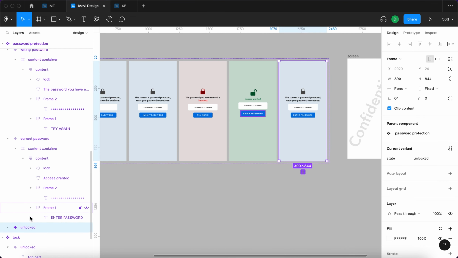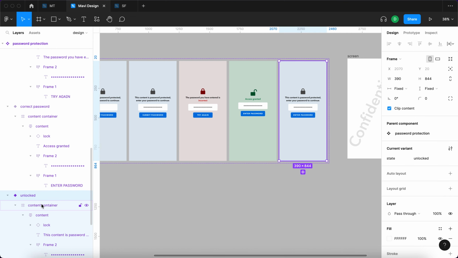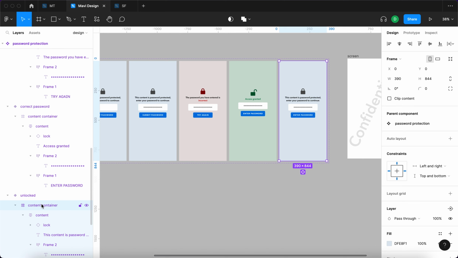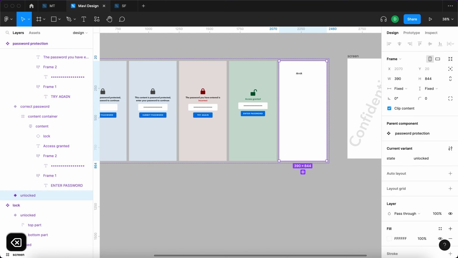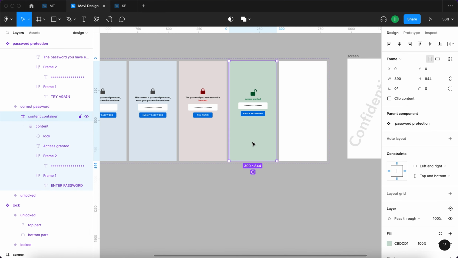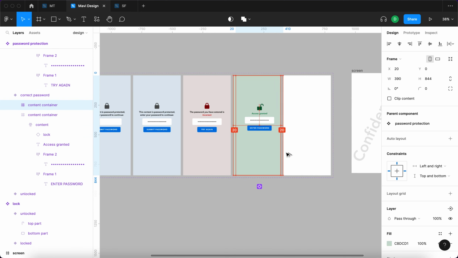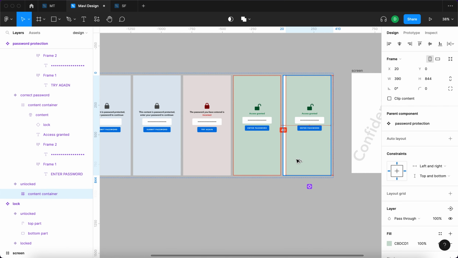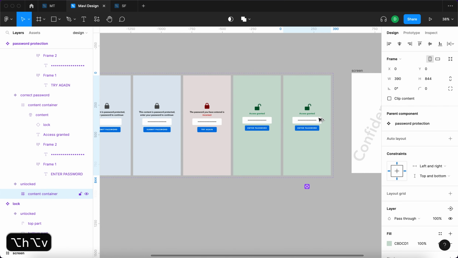Right, and for the final state, the unlocked state, what I'm gonna do here is actually remove the content container from this final state, so we get just this, an empty screen. And then I'm gonna select the content container from this state, from the correct password state. Hold down my Option key and then click and drag over here to this variant and then center it like